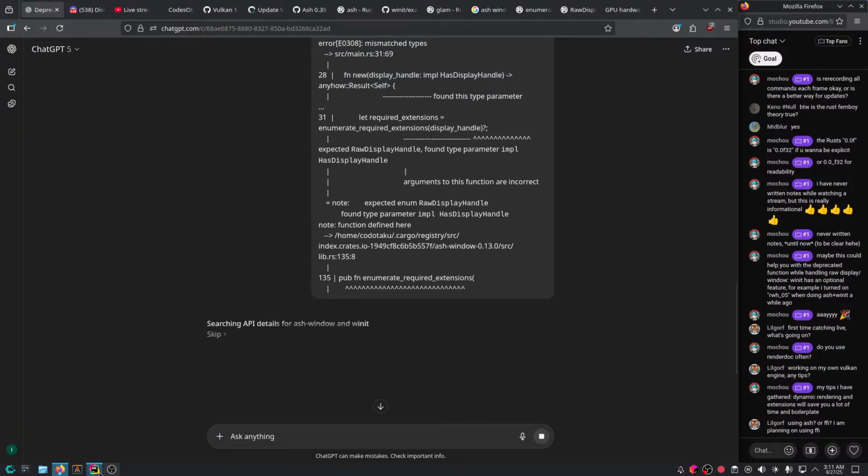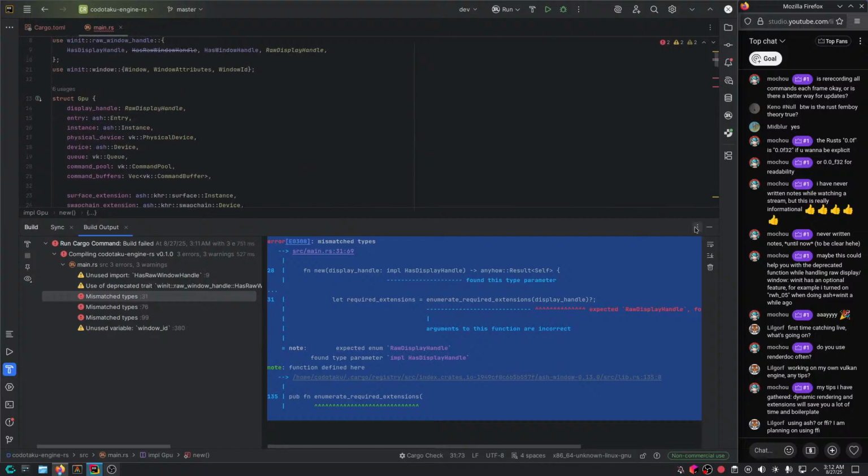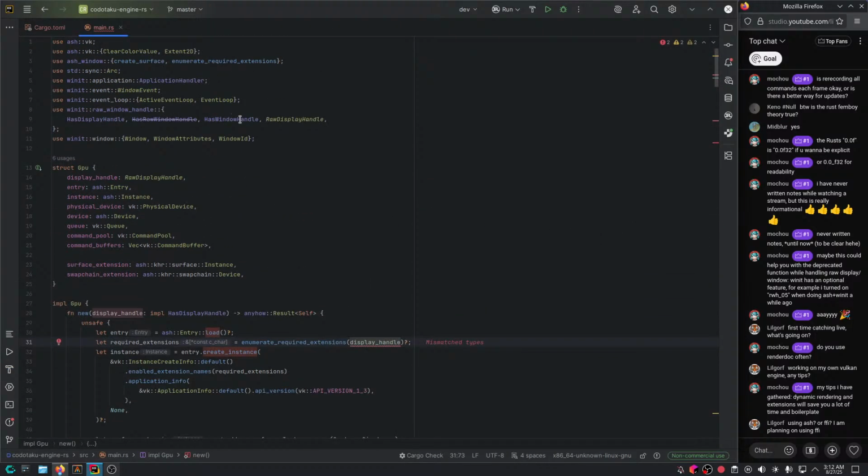I believe there's some trait that I have to add here. So first of all, let's remove the deprecated ones.